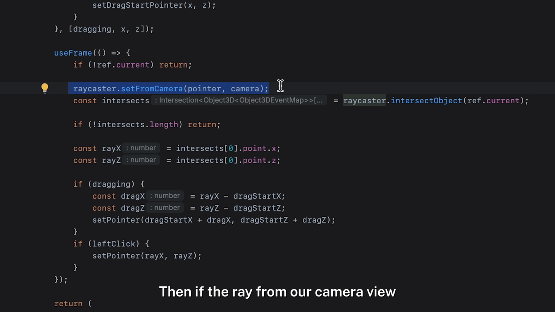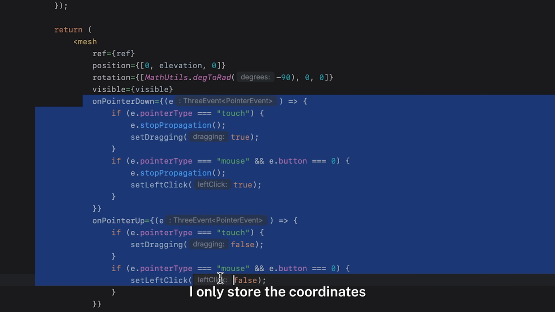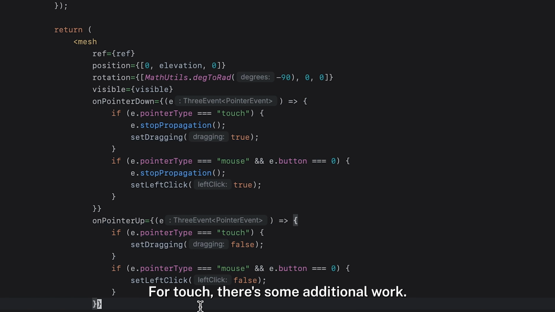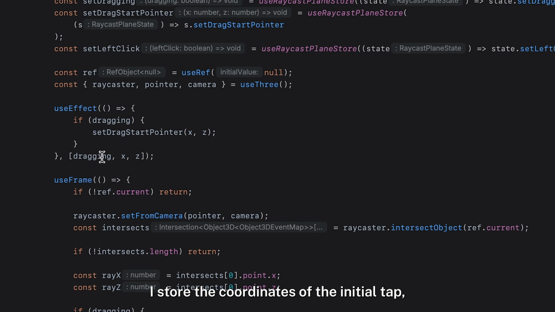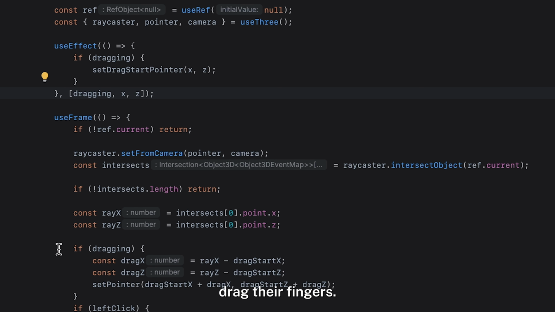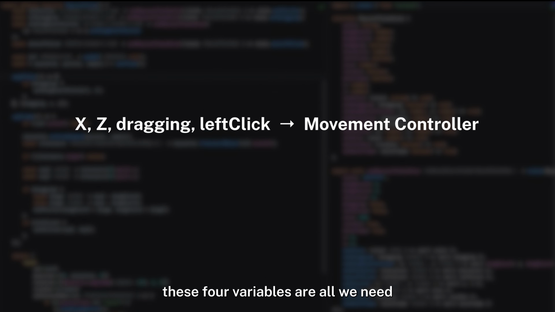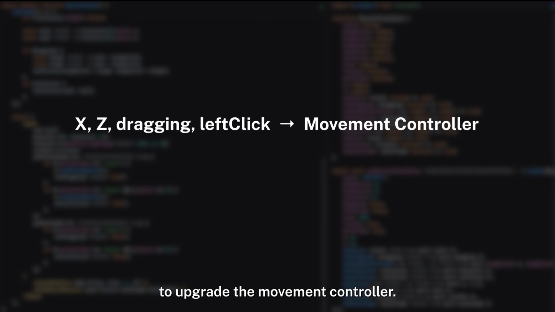Then, if the ray from our camera view to the pointer intersects with the plane, we store the X and Z coordinates. For keyboard and mouse, I only store the coordinates when left click is held. For touch, there's some additional work. I store the coordinates of the initial tap along with the later coordinates from dragging so that I can compute movement direction based on which way players drag their fingers. Believe it or not, these 4 variables are all we need to upgrade the movement controller,